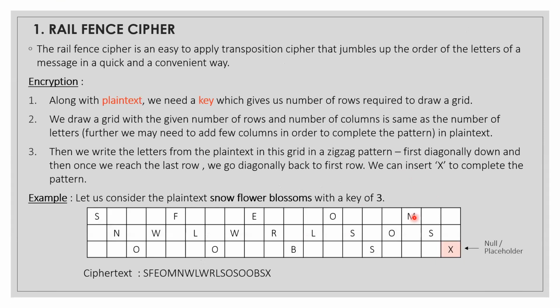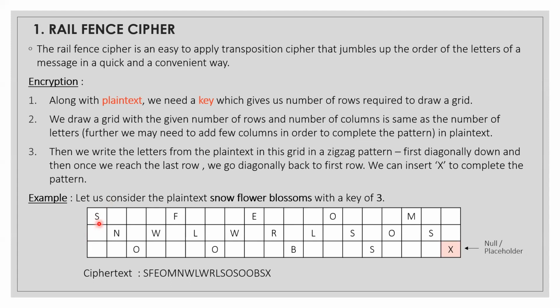Okay, so the first one is the rail fence cipher. The rail fence cipher is an easy to apply transposition cipher that jumbles up the order of the letters of a message in a quick and convenient way. For encryption, we need a plain text, and along with the plain text, we need a key. Here the key is basically a number which will tell us how many rows we need